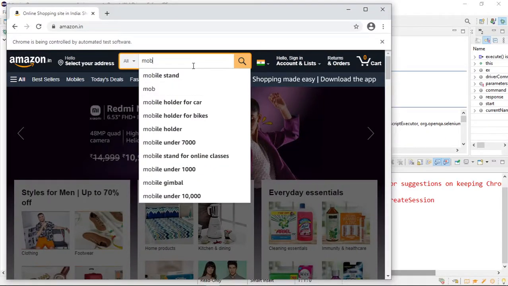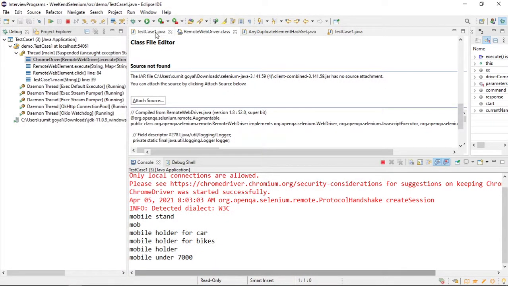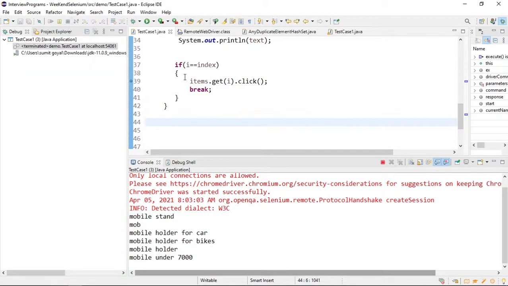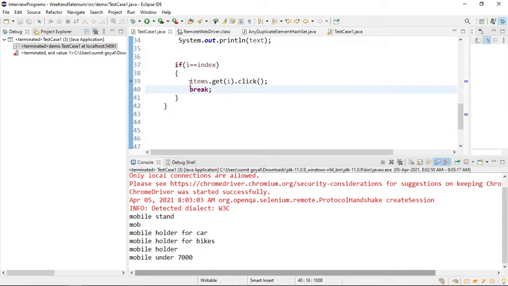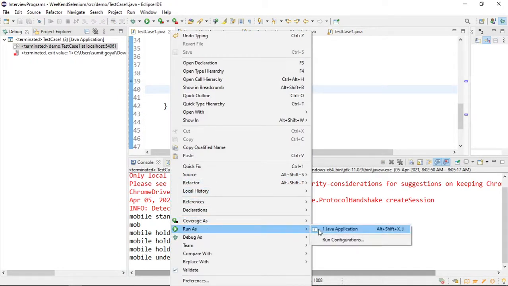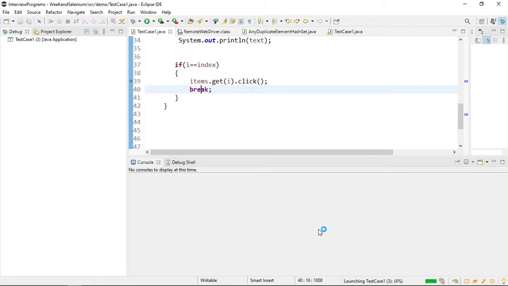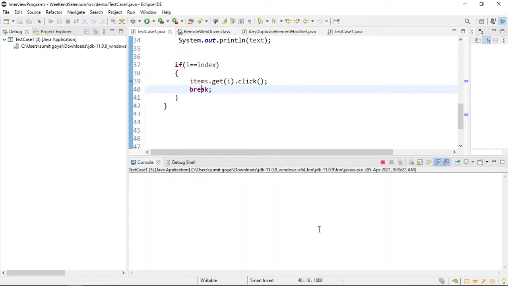I think this pop-up is missing. You should not click that while inspecting because this list is disappearing again and again. So better to run it in run mode. Then you will see that it will click that particular index number.